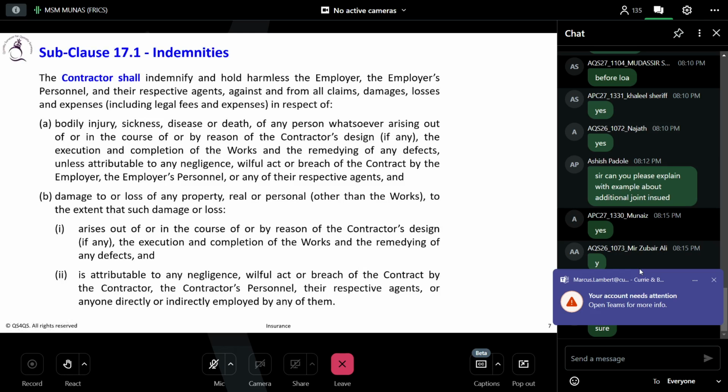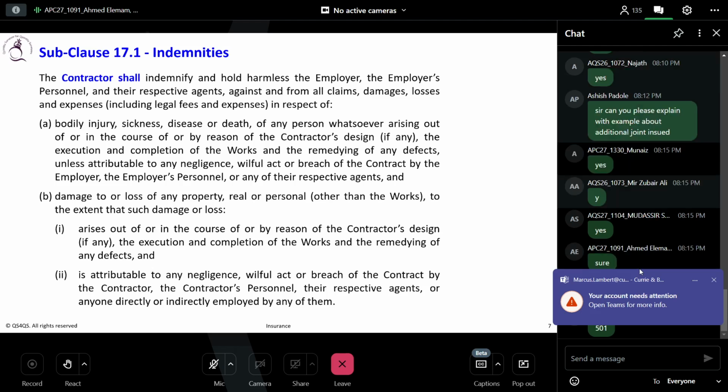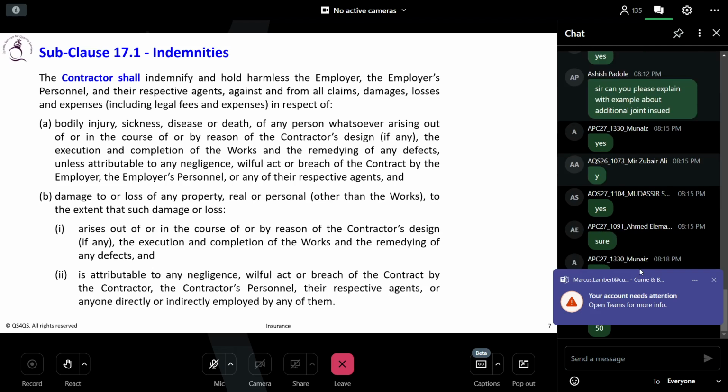So what is the page number? 50. Okay, so we have to understand some important points here. What do you mean by contractor shall? Contractor responsibility, obligation. Contractor shall indemnify and hold harmless the employer personnel and the respective agents against and from